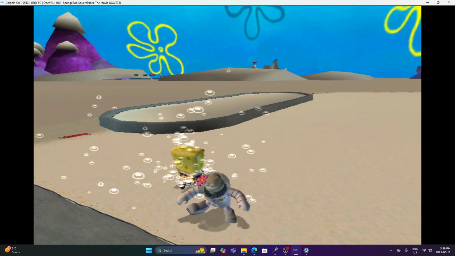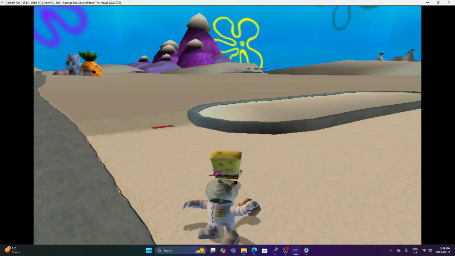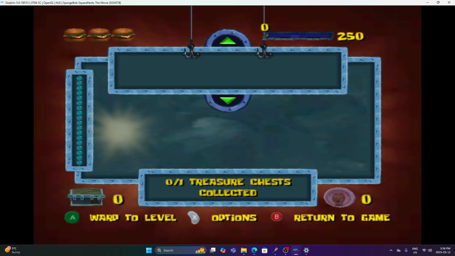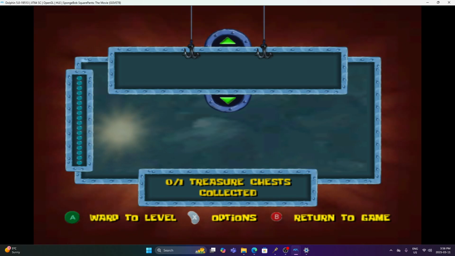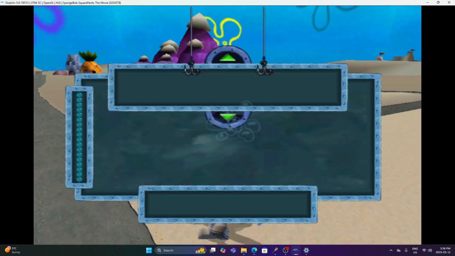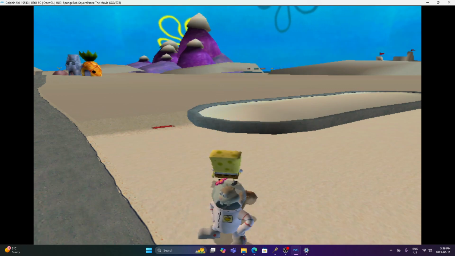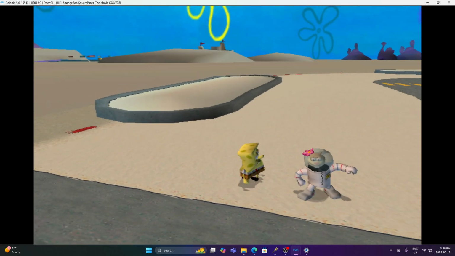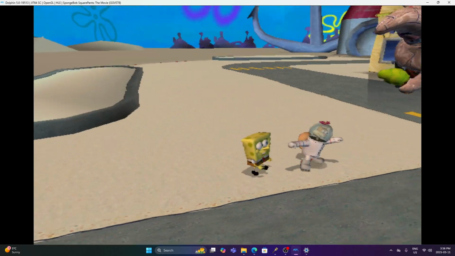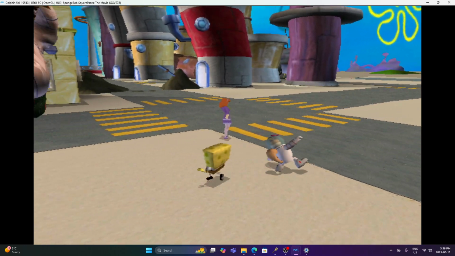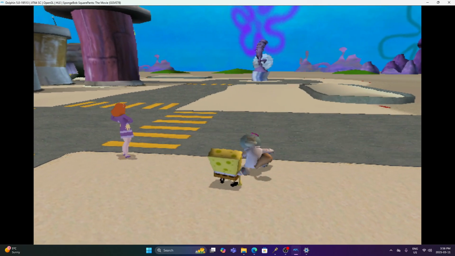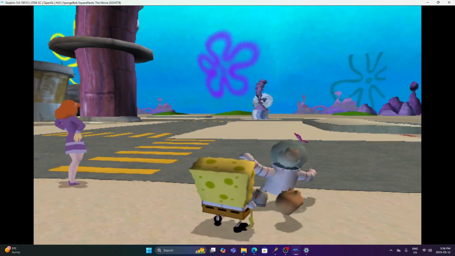But yeah, so how I did it: you can't use the game, I tried this with the GameCube. No, this is the GameCube movie game, I'll show you right now. This is the movie game and it's GameCube. See? The X, yeah, this is the GameCube version. But this isn't the GameCube Sandy model, this is the Xbox model and texture of Sandy, because for some stupid reason, I don't know what this damn